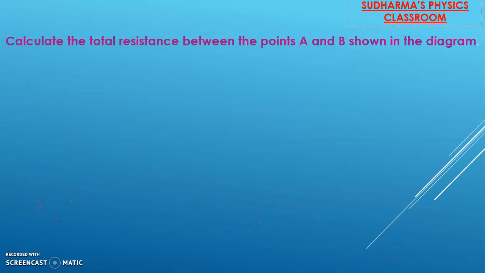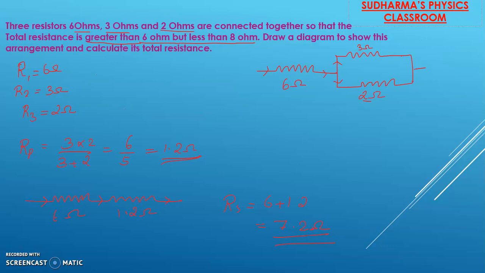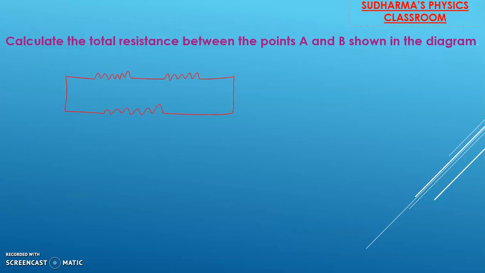Now let's do another diagram. I have the diagram here. We have a resistance. This is another type of combination we can do with 3 resistors. This is one option, the one we have drawn already, and this is the next option we can do with three resistors. Here we have 2 points A and B. We have 6 ohm, 6 ohm and 6 ohm. This is the connection.